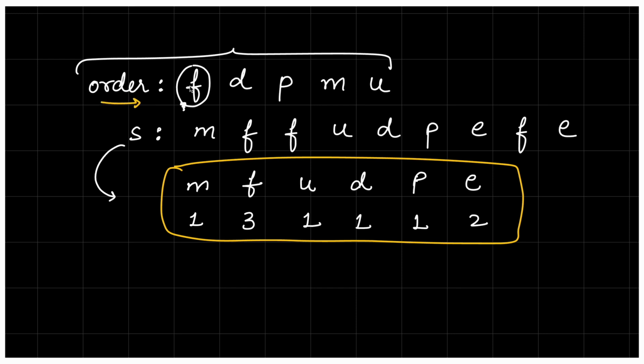Because I need to follow the sequence of the characters which is present in this order string. What is the first character? The first character is F. I will check whether this F is present in this frequency map. Yes, it is present. So if it is present, let's utilize all these Fs,